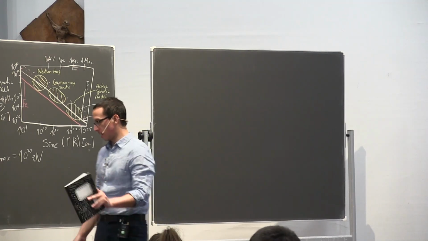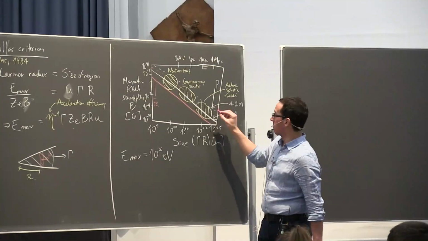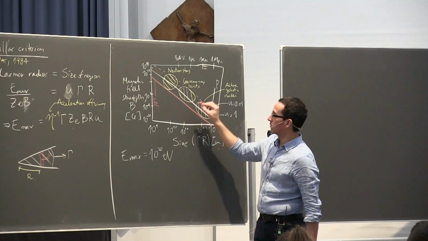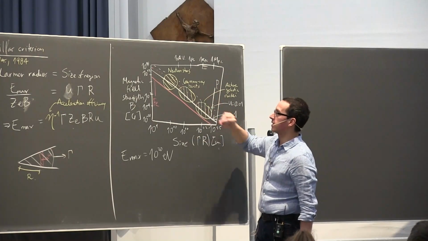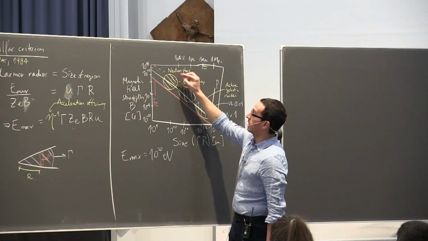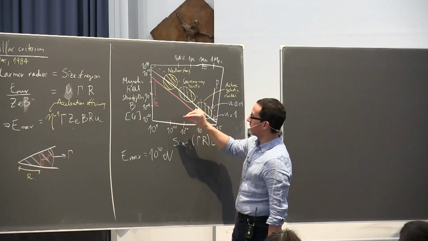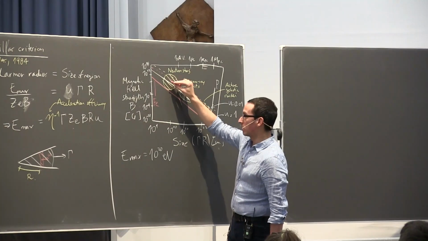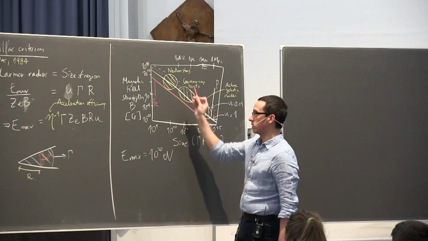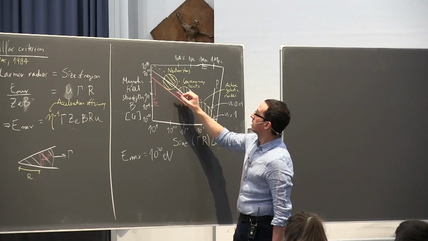Well, okay, that's a good point. What this is telling us is, let's focus on protons for a moment. So these are the white lines, and you need to be at least on that line if you want to get to 10^20 electron volts, or above the line if you want to go to higher energies. When you draw the yellow blobs on top, what this particular one is saying, for instance, is that neutron stars, at least some part of the population, have the necessary combination of R and B to be on that line or above it. So in principle, they have the conditions to accelerate protons to 10^20 electron volts. But they don't have the conditions to accelerate, for instance, let's see,